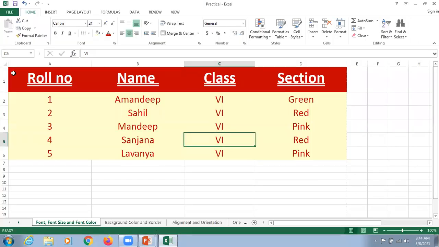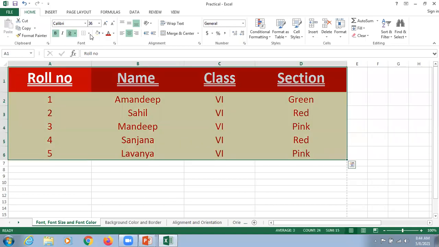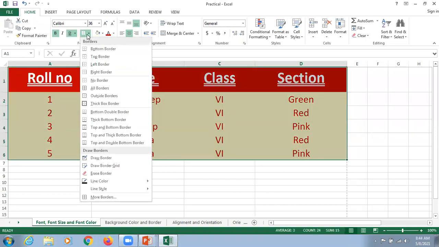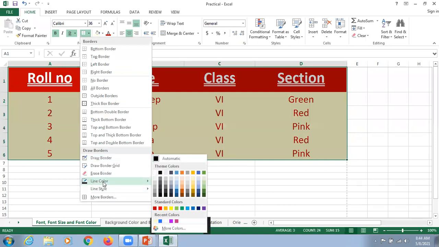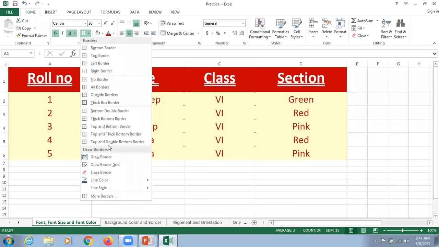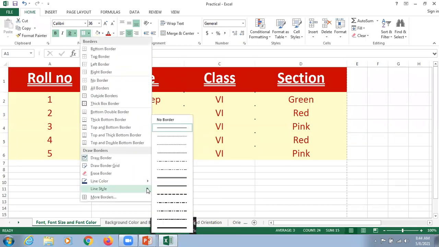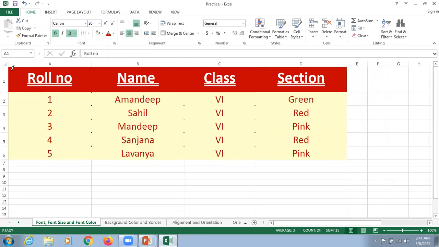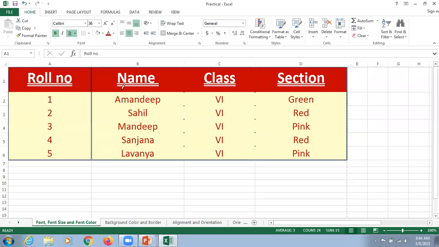Now, beta ji, we are going to select this data and do some wonders here. Sir, how can we do wonders? First of all, is it possible to draw borders as well? Yes. Before selecting the option of drawing a border, we can select a line color. I think we can select a blue color here. Okay, great. Now we can select a different style as well, line styles. I'm just going to click here on a double line. And now, dear respected students, we can select it like this.